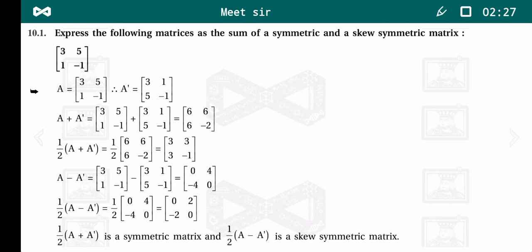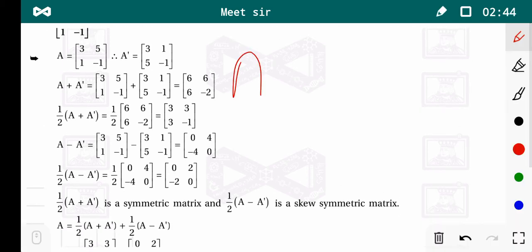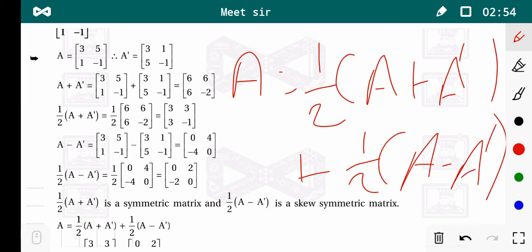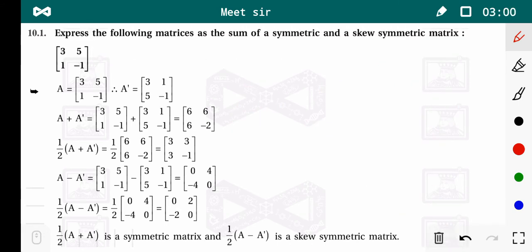By using these two theorems, we know that any matrix is a sum of a symmetric matrix and a skew symmetric matrix, and we derive one equation, and the equation is A is equal to 1 half (A plus A dash) plus 1 half (A minus A dash). Here we use this equation